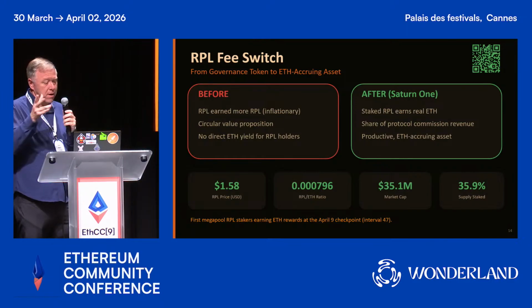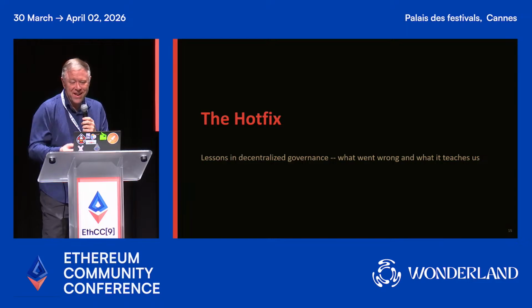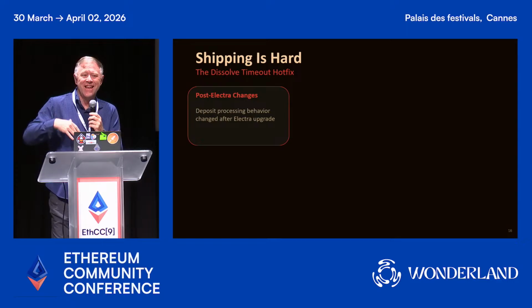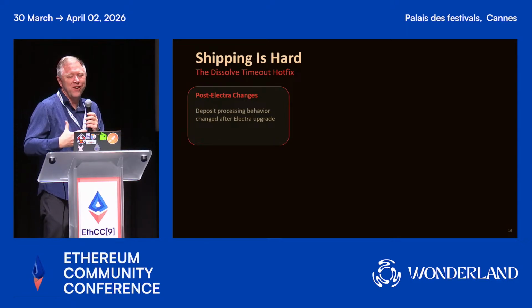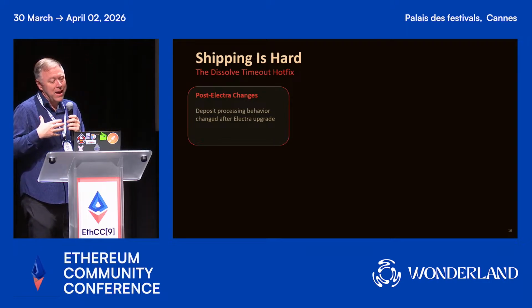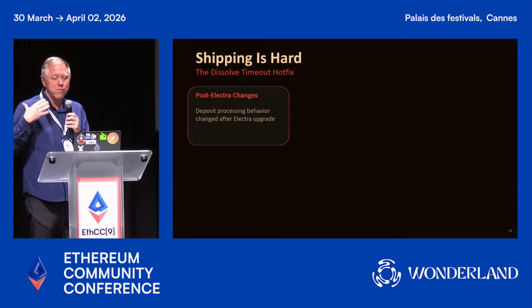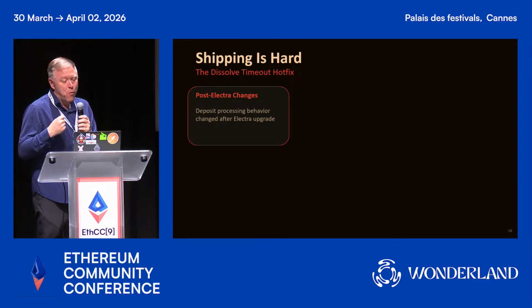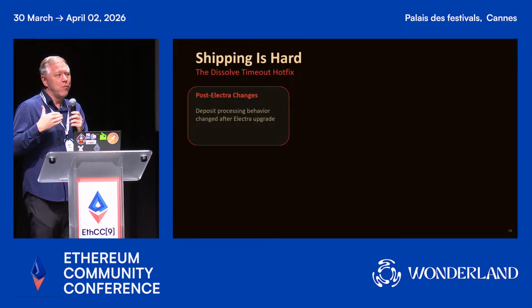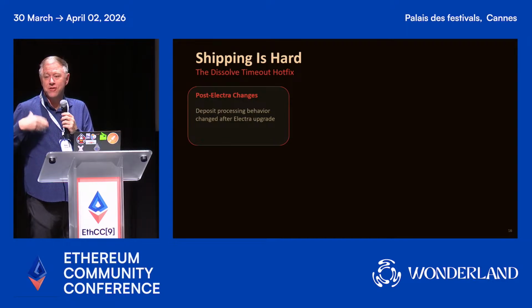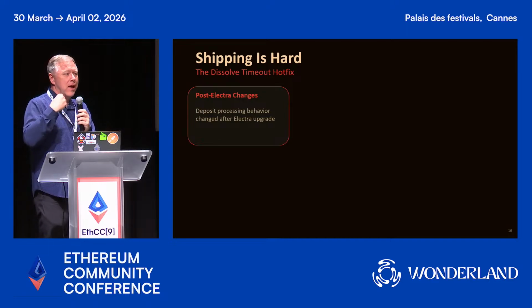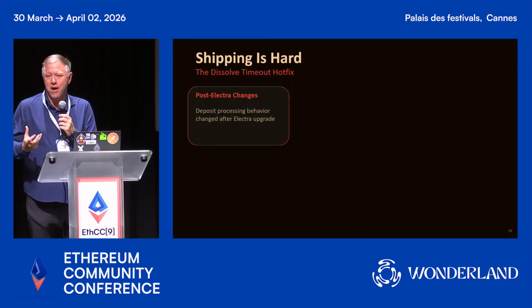Okay, so let me just go here real quick to it launched, and shortly after launch, there was a bug found. I think even the same day, right? 3 different audits, even some additional audits that were done by community members looked at it. And so the bug was kind of an interesting one. It was multifaceted here. One, there was a change in the Electra upgrade that changed the way in which withdrawal credentials were issued by the Beacon chain, by the deposit contract. You had to wait longer before you got those. Prior to it, a deposit of at least 1 ETH secured a withdrawal credential.